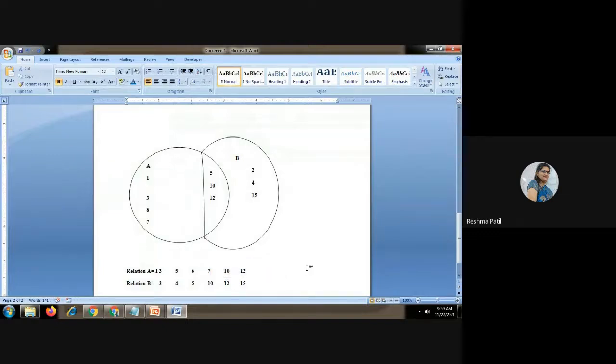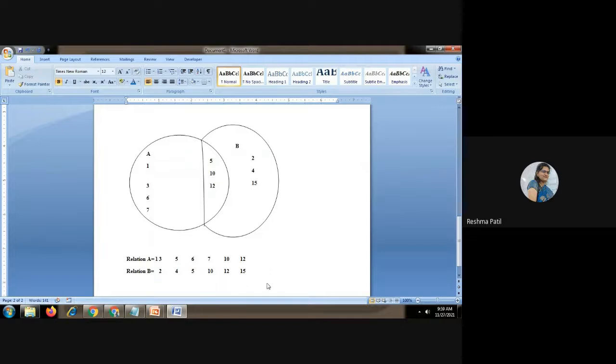So both tables contain common values that we have to show at least once from this side or this side, at most once. We are not going to repeat that part in the final result. So your final relation A union B will be, we have to show all the values from these two relations except the duplicate value. Duplicate value we have to show only once.